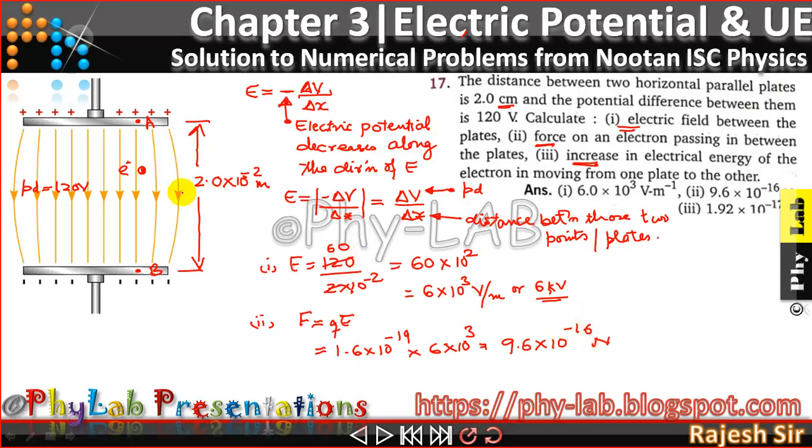Now remember, since electron is a negatively charged particle, the force experienced by this negatively charged particle always acts in the direction opposite to that of the electric field. So this force is going to act opposite to the direction of the electric field. So you can say this is the force that is going to be experienced, acting in the direction opposite to the electric field, friends. So that is how you can find out the magnitude as well as the direction of the force also, friends. Now the third part says, what is the increase in potential energy?